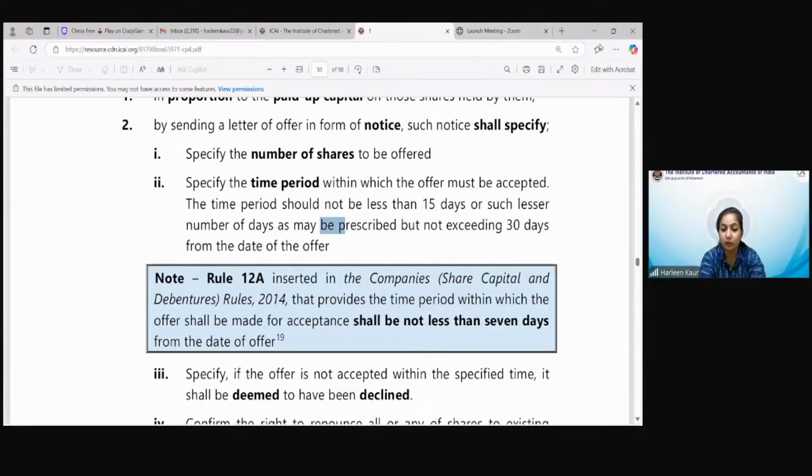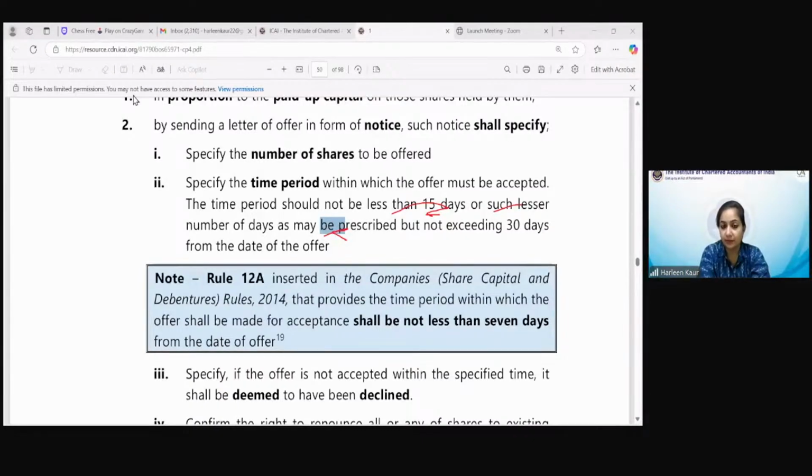Look, let me tell you one thing about the rules. Now I have written here, when the Act was made, this line in the bare Act, that the time period should not be less than... Why is it not allowing me to use the annotations? What happened? Okay. Time period should not be less than 15 days or such number of days as may be prescribed, but not